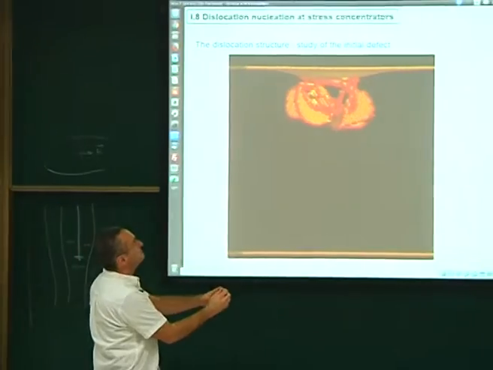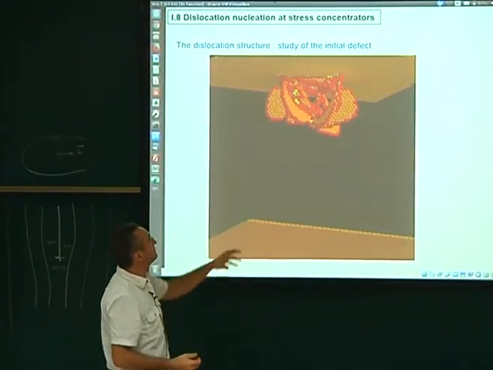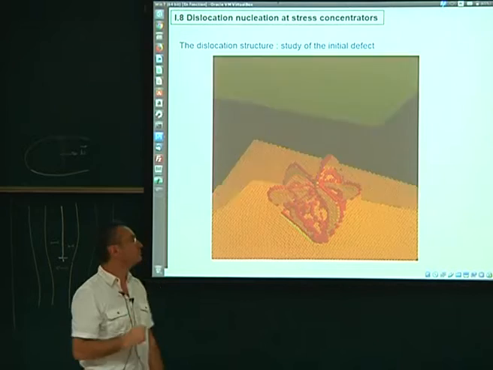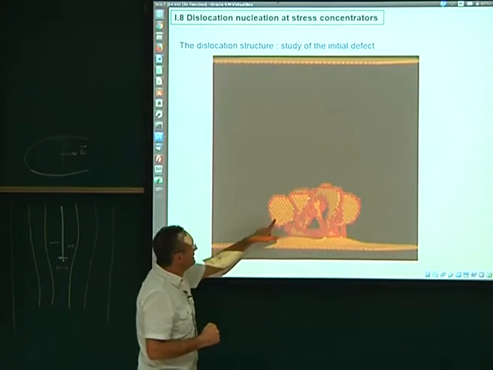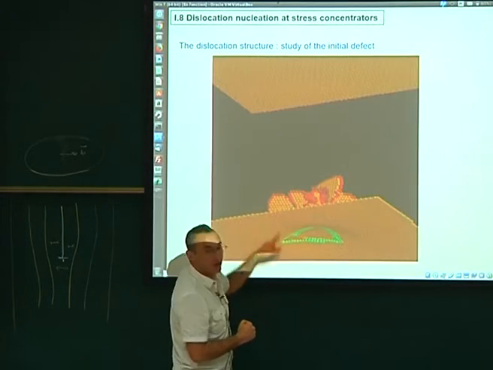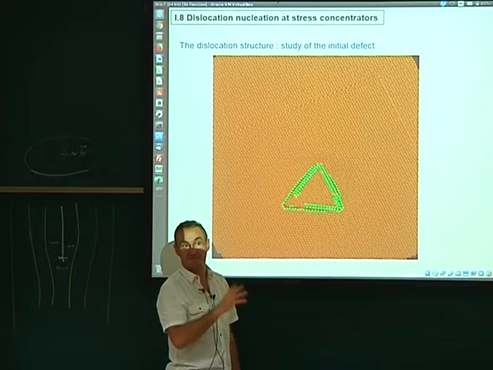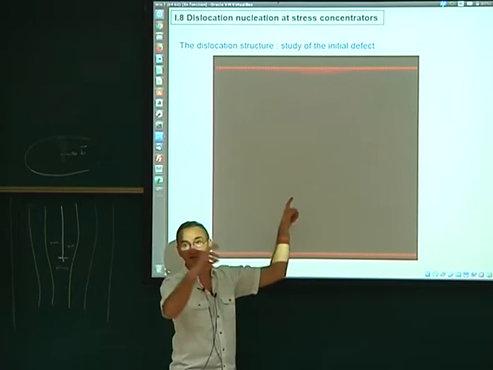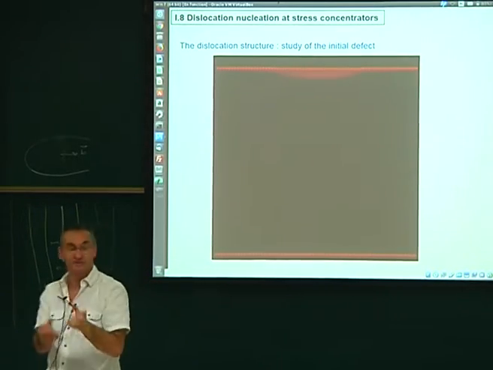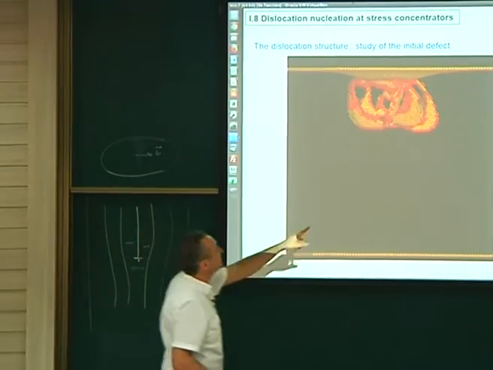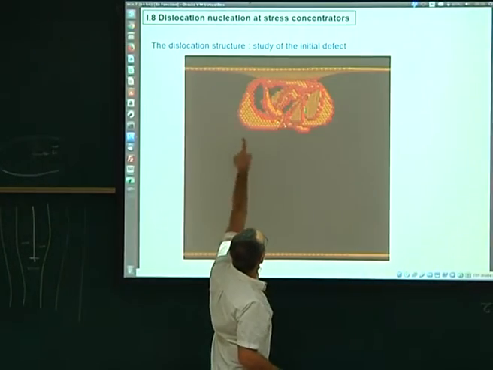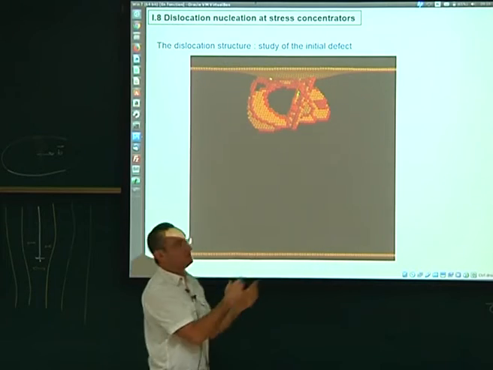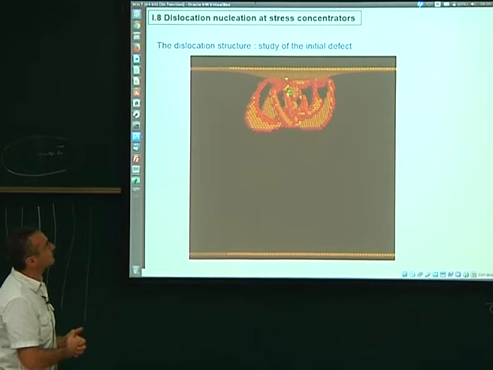Then, quickly, these things react and touch the surface with a complex microstructure. Here, I want you to see two things. First, the orange things here are the stacking faults. In MD, you have stacking faults naturally. The red lines are the head and the tail partials. Here you can see the partials. So this is just a perfect dislocation, dissociated in two partials, but simulated by molecular dynamics, okay?